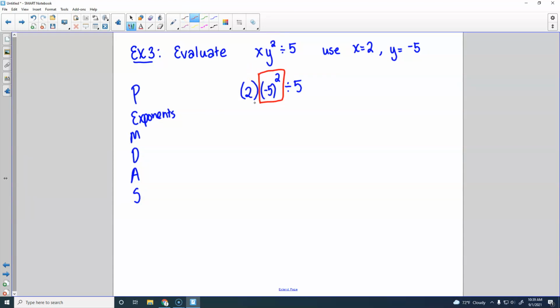So, -5 squared, what is it? Is it -25? It's not -10. It's just 25, because whenever we have -5 squared, it's telling us to multiply that by itself twice, right? Which means this is negative 5 times, sorry,